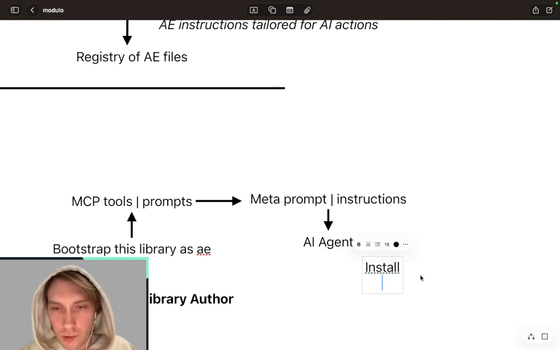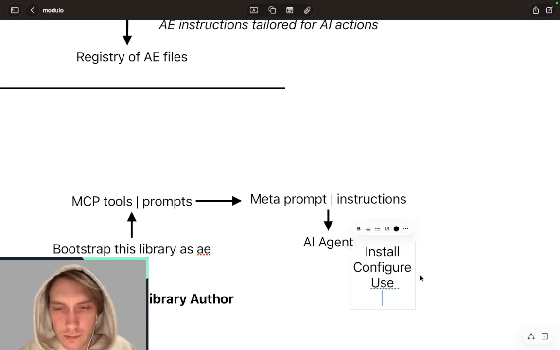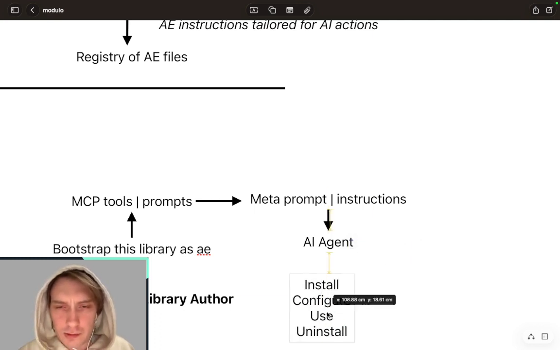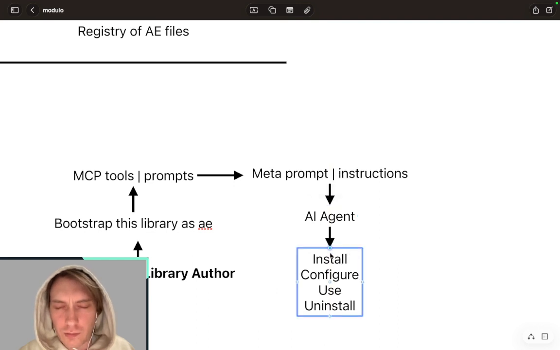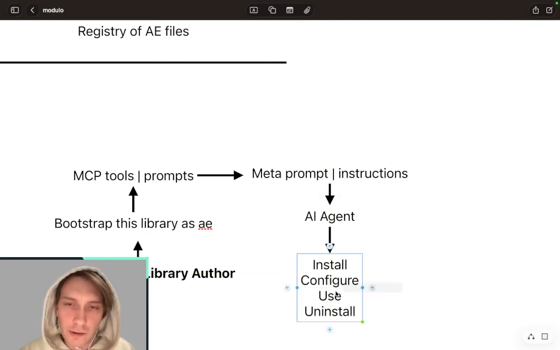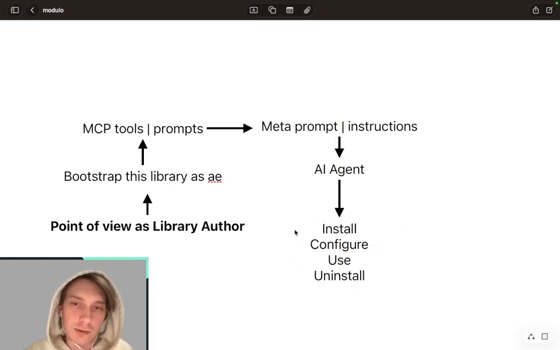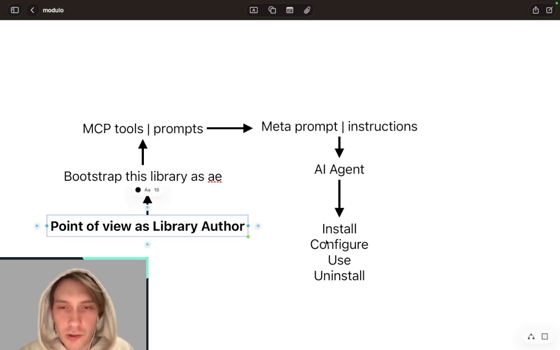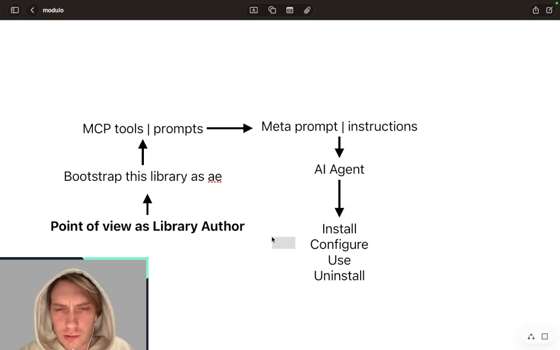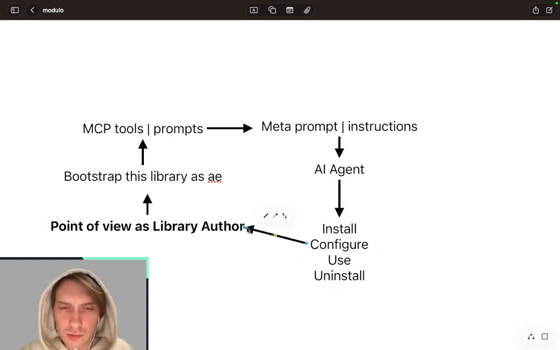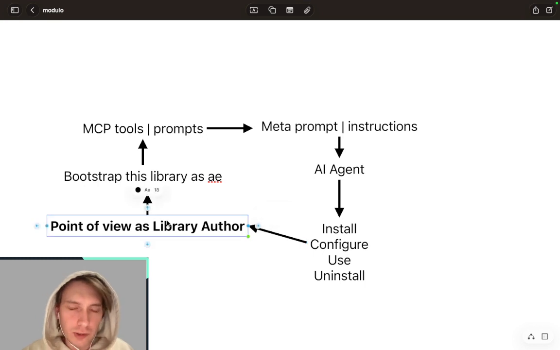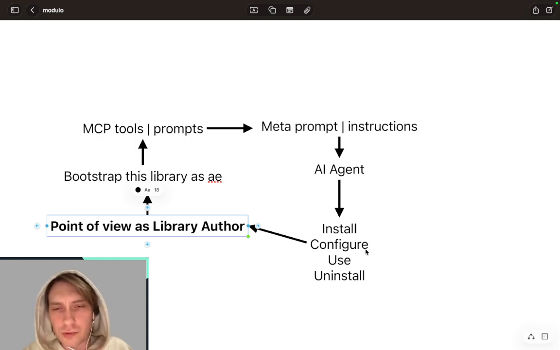And the most important thing is that all files which will be created by this AI agent will not be just abstract patterns or abstract prompts. They will be the essential quintessence of this library. So the AI agent would analyze how to actually make these actions happen, how to install this library, how to configure it, how to use it,